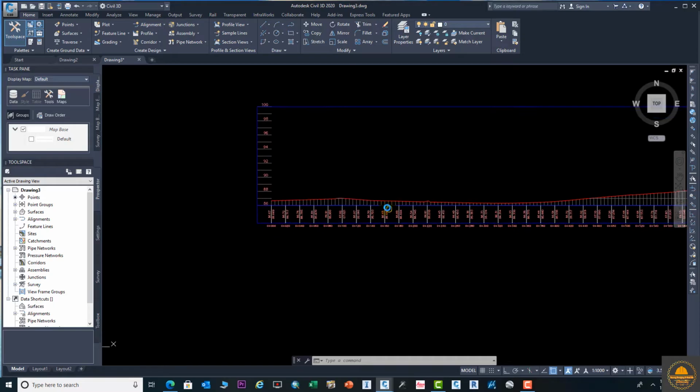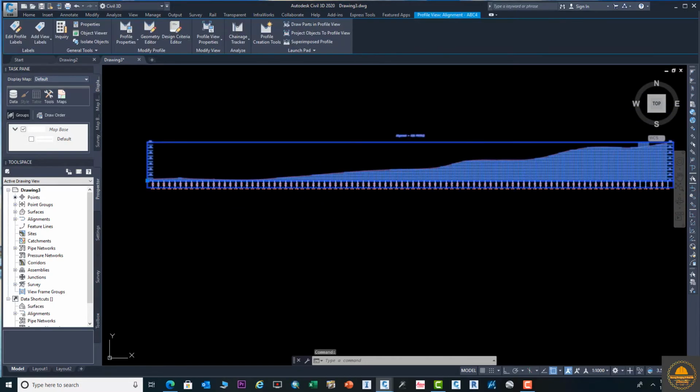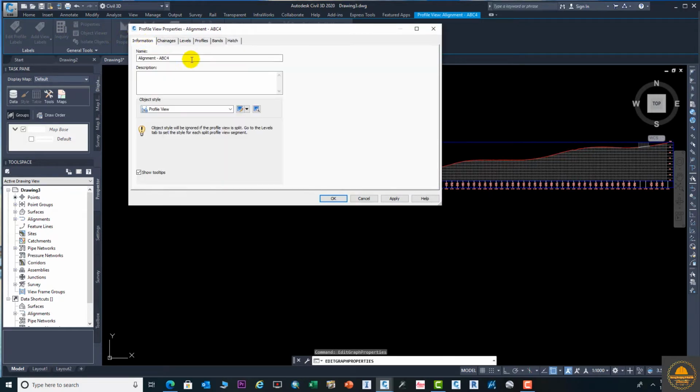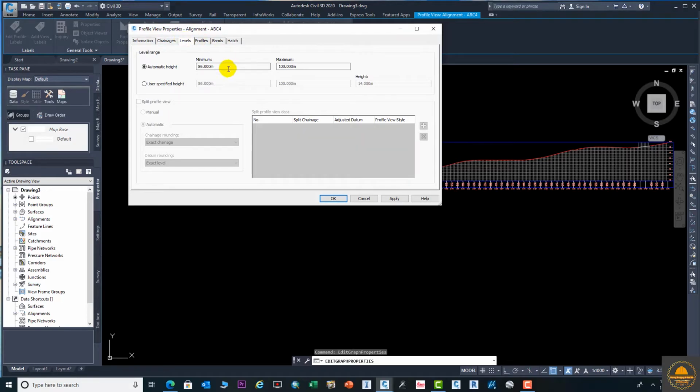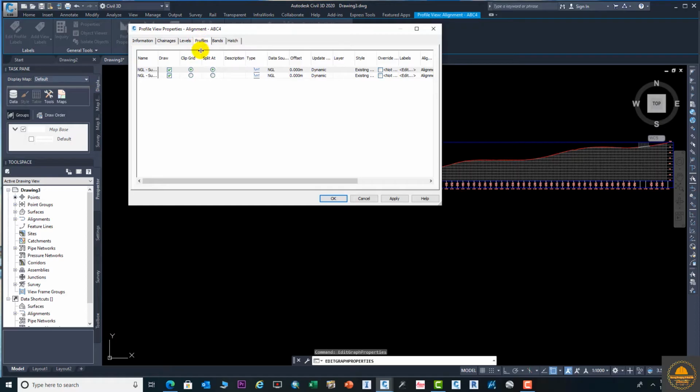And the next step we will definitely go to create our design profile, but we need to do some changing again. Here is the information changes, and if you want you can select this option also. If you want to change the start and end, you can also select this. Okay, maximum height and minimum height, which I explained before drawing the profile. You can select this profile view, bands, hatches. These things are coming and the next steps will be explained in detail, but here is only a look. And here you can select this existing ground